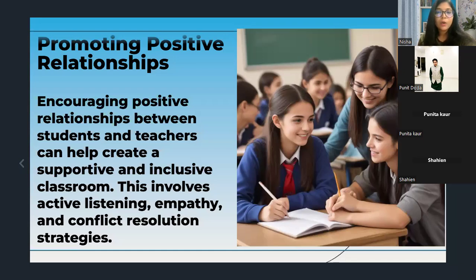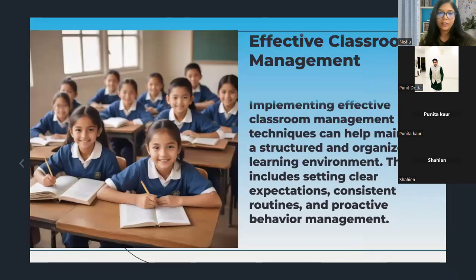One effective method which we can implement to build a positive relationship with the students and among the peers of the students can be achieved by making a circle time, where students and teacher discuss their feelings and resolve conflicts as a group. As in the picture also you can see the teacher and the students are trying to understand each other. They are trying to understand their feelings. They're discussing their feelings and they are on the platform of learning.